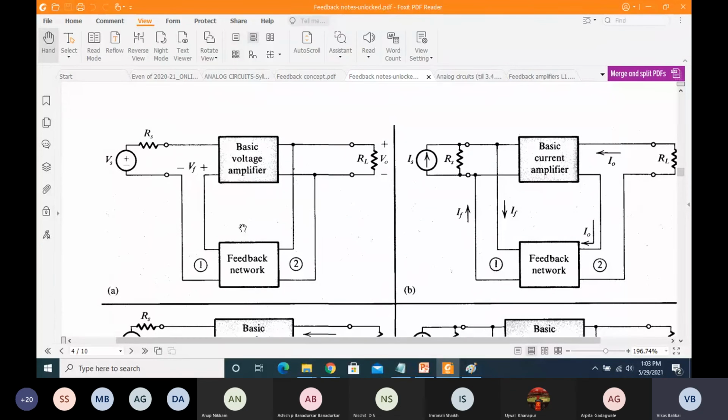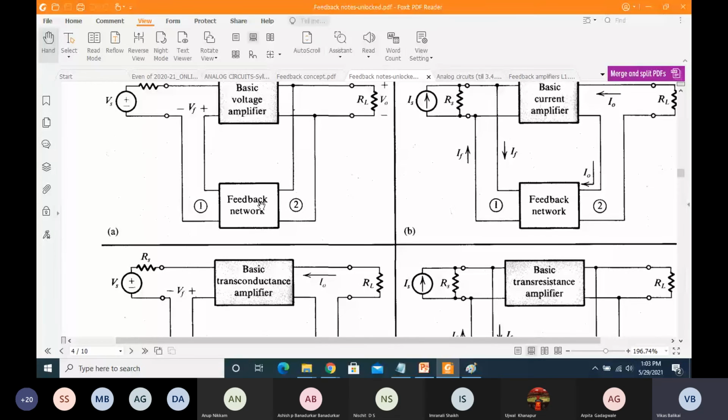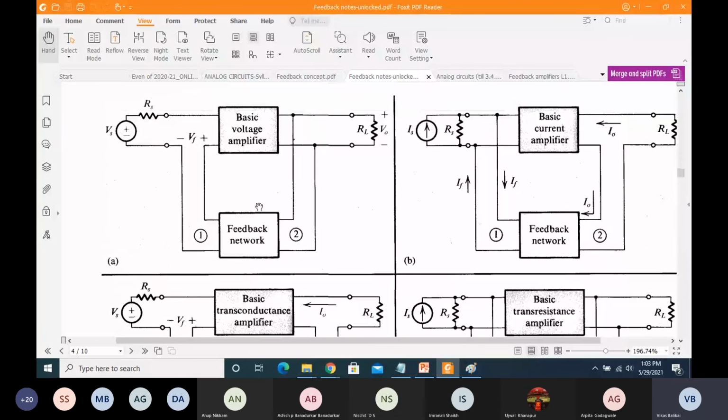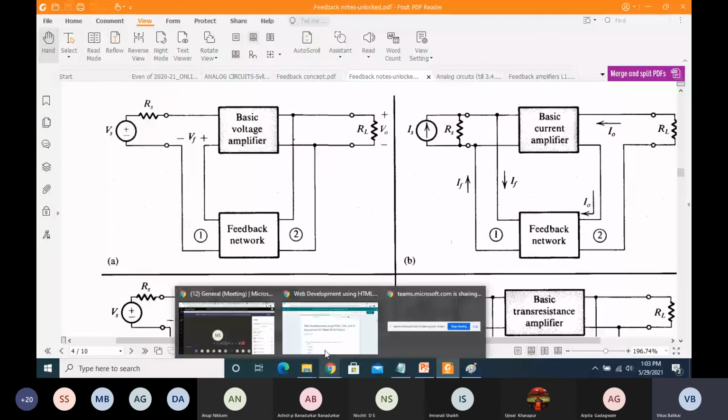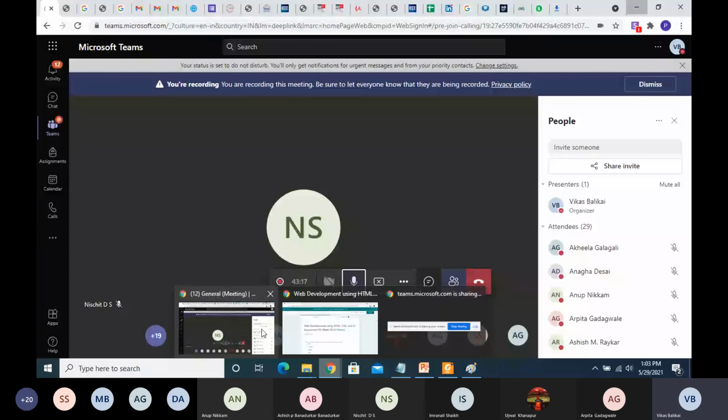So with this, I'm going to conclude today's lecture, and we're going to stop today's class, and we can continue the derivation of these concepts maybe in the subsequent class, maybe in Monday's class, since now we know the entire basics of all the feedback configurations, and one by one we'll start to explore the feedback setups. So with this, we conclude today's lecture. Thank you for your patience listening. We'll again meet in the next class.